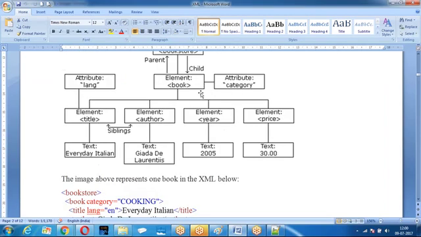Root element is bookstore. Element name is book. Book has an attribute called category. Under the book, what are the child elements we have? Title, author, year, price. Right? If you understand the Visualforce structure, the same thing we are doing in XML. There is nothing new. The same properties applied on XML are applied on VF. If you follow the Visualforce syntax, the same thing is applied on XML.